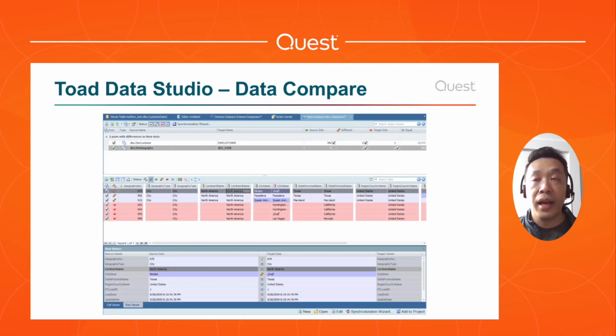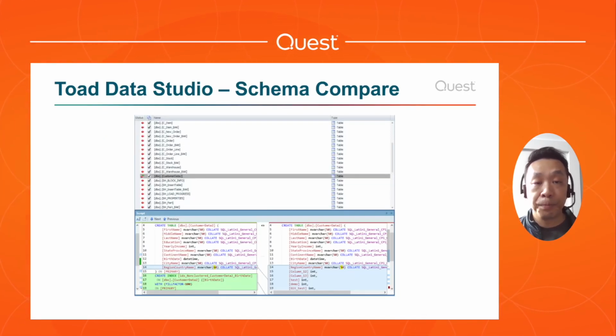This is actually available in both Toad Data Point and Toad Data Studio, but I think it's super handy if you're a hybrid data professional and you want to be able to compare in different environments. That's going to be really cool to have in your toolbox. And again, those compare tools like the schema compare, we have this available in Toad Data Studio, but it supports